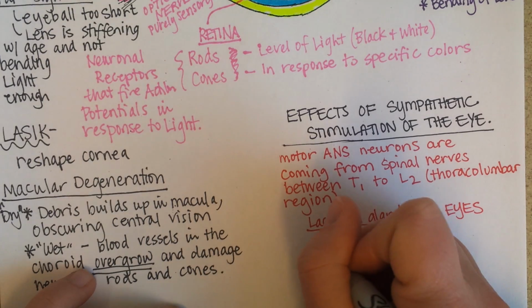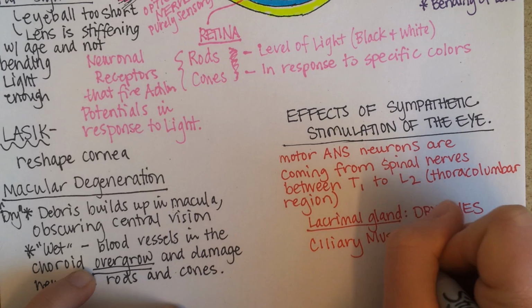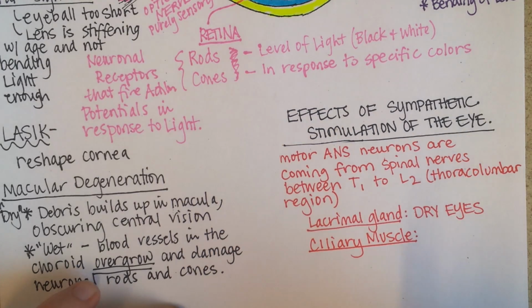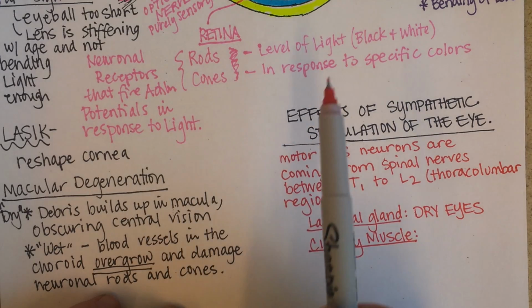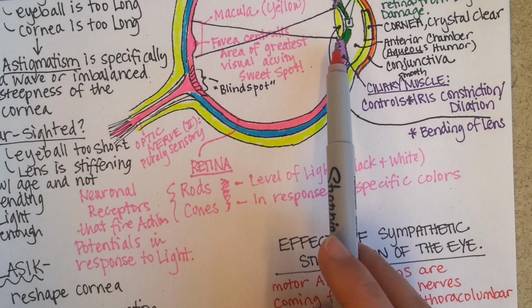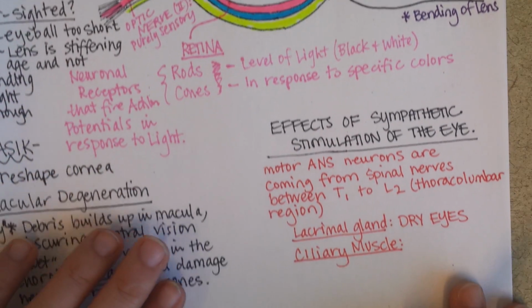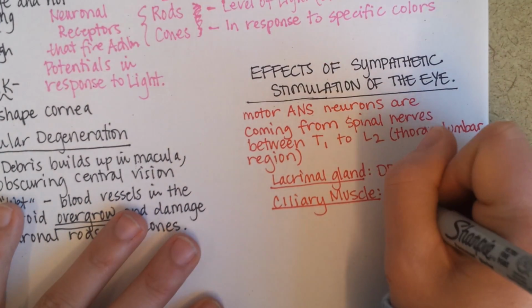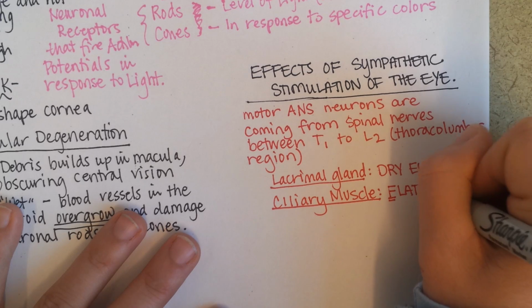Okay, so then we'll look at the ciliary muscle. And the ciliary muscle will do what? Do you think it will be inhibited or stimulated? If it's inhibited, then the lens will flatten. If it is constricted, then the lens will bend. Well, it turns out that in fight or flight, you have a flat lens. You can think F for far, flat lens for far vision,